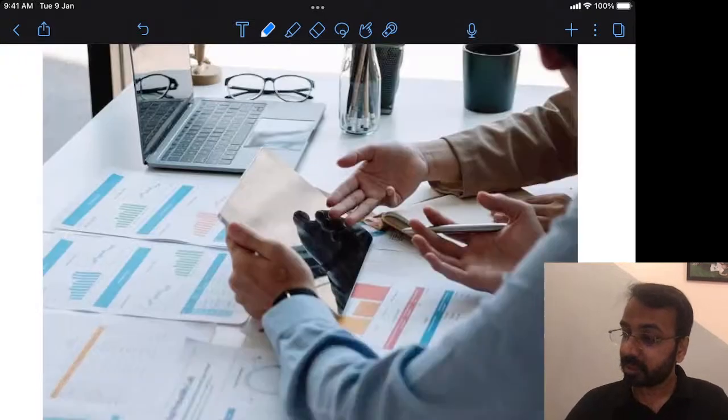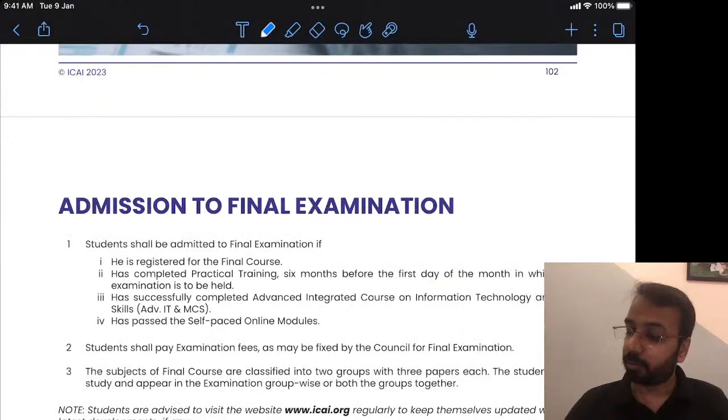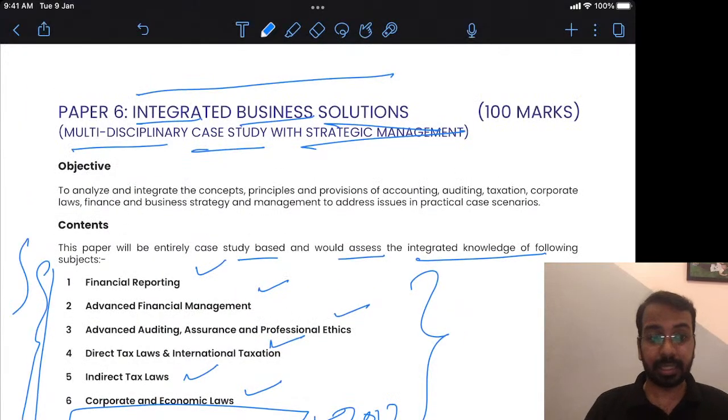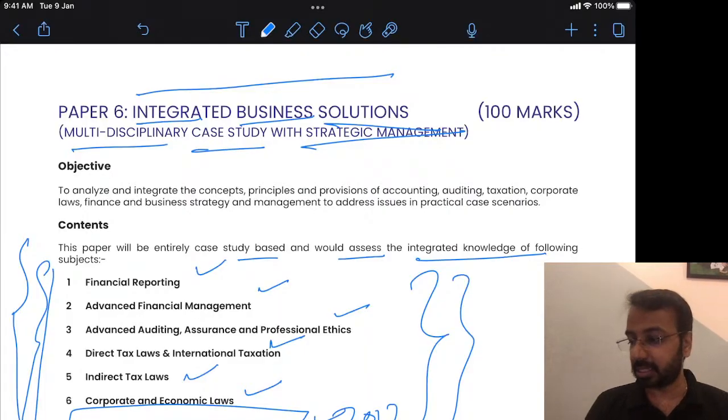So we need to see what kind of cases and case studies will be tested. But yes, more important would be how to approach the examination and how to write the examination. So syllabus wise, unless we get the books further, we don't have much information as of now. And if you have any questions related to syllabus, I'm there to address that, and would be happy to share my experiences on how things would be working.